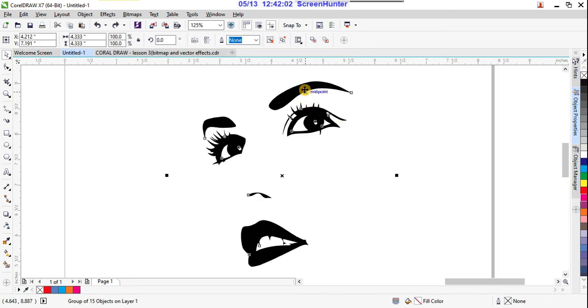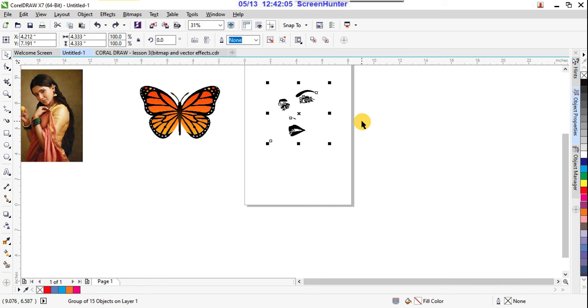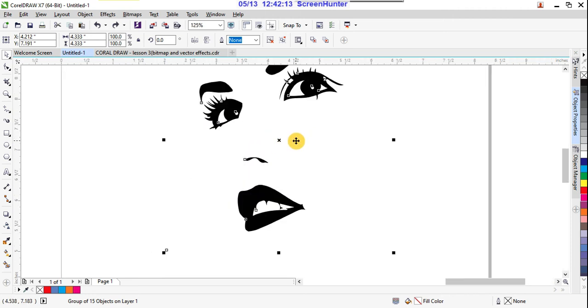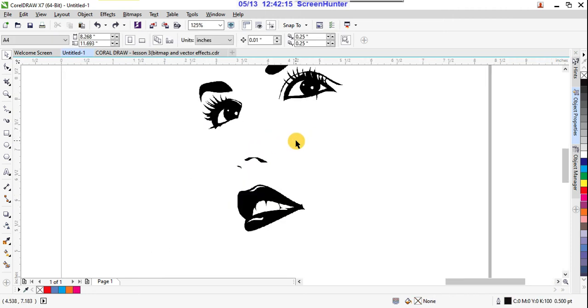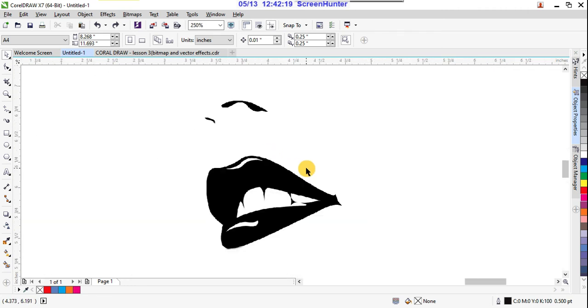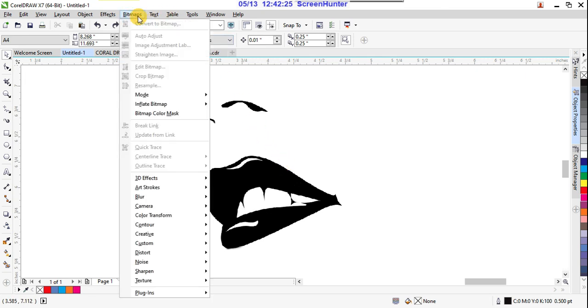So now what I am doing, I want to remove that background color, right? So for that what I am doing, I'm making Ctrl Z, and it is your JPEG image. Now here there are bitmap options are there, right?